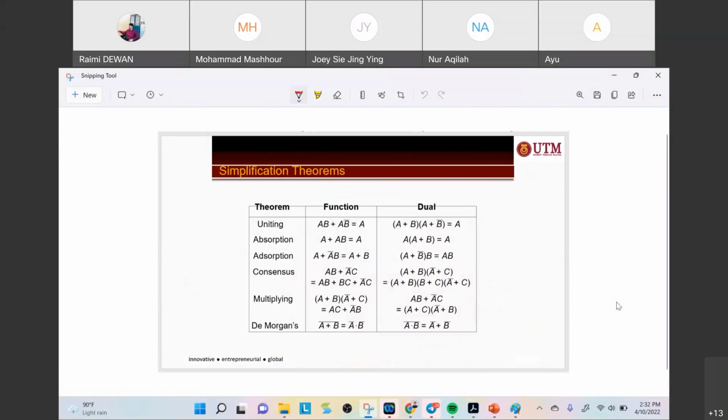For example, absorption here. You have A plus AB. You can factorize A, then you get 1 plus B. Regardless of what B is, this still results in 1 plus B, which is 1. So that's why A